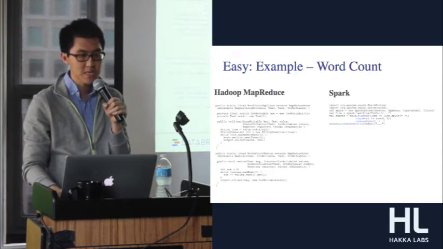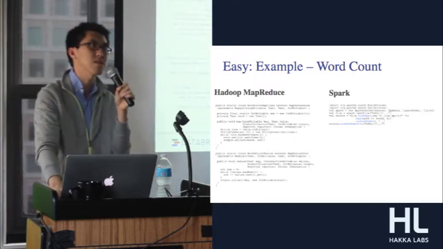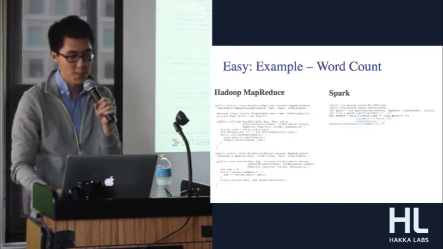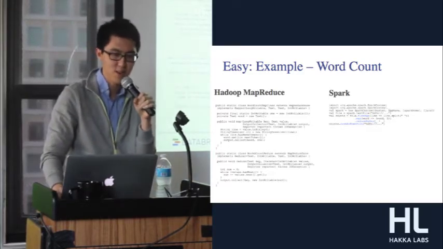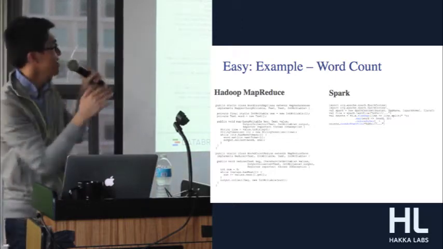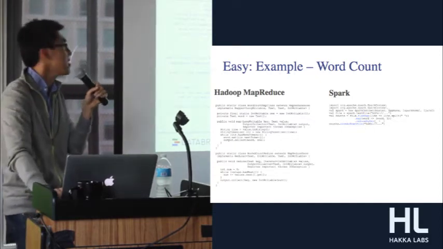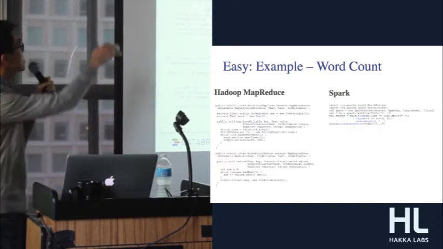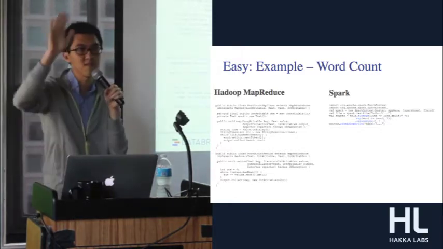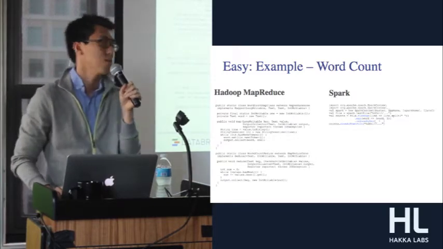Now, using this API, if you were to write the canonical example of big data, which is just counting how many times each word appears, word count. I have no idea why it's the hello world of big data. On your left is the Hadoop MapReduce version of word count, which you probably can't really read. But I can tell you it's basically just a map class and a reduce class, without any of the import statements. And on the right is the Spark version of it, which is probably still too small